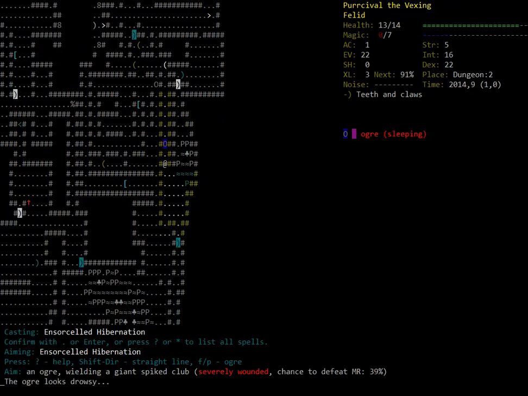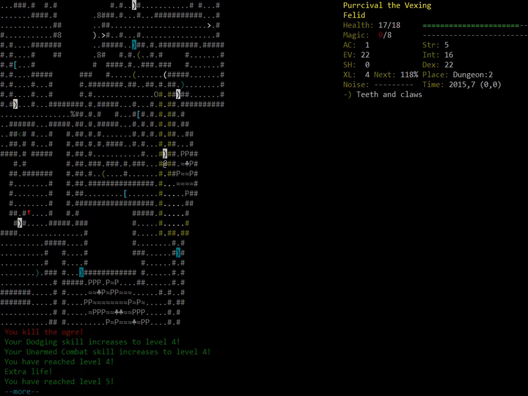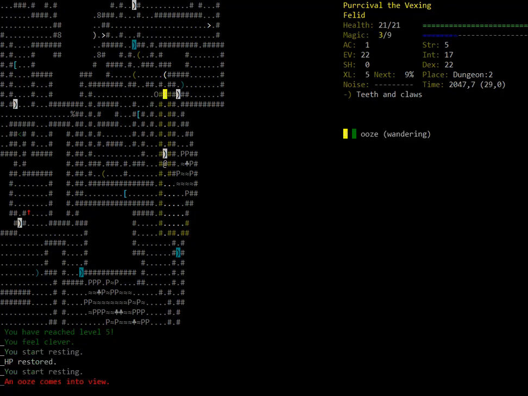It's sleeping. Oh, so risky. There we go. Wow. Well worth the risk. I instantly reached level 4. All my skills leveled up. Level 5, gained an extra life for reaching level 4. Also gained some extra int. Wow, amazing. Let's rest up to...